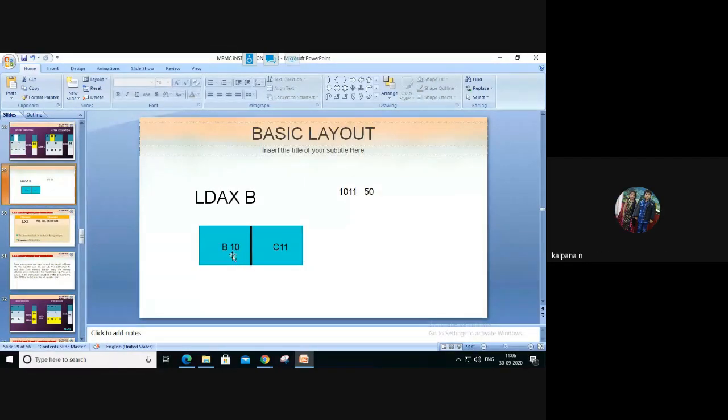Here it is 8 bit. The size of the register is 8 bit only, but the memory location size is 16 bits. 1 digit stands for 4 bits here. This 1 stands for 4 binary bits, and 0 stands for 4 bits in binary. The numbers we are mentioning are in hexadecimal only. Okay. Understand? LDAX.